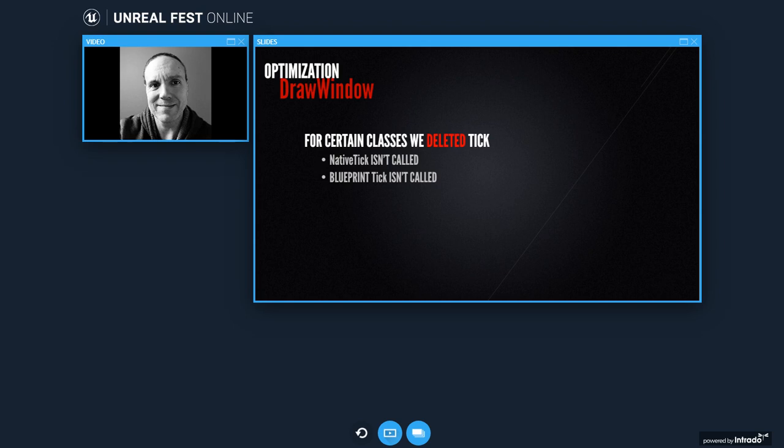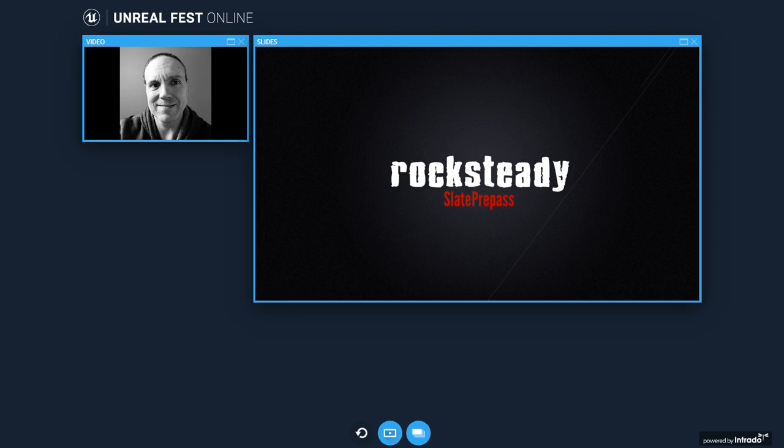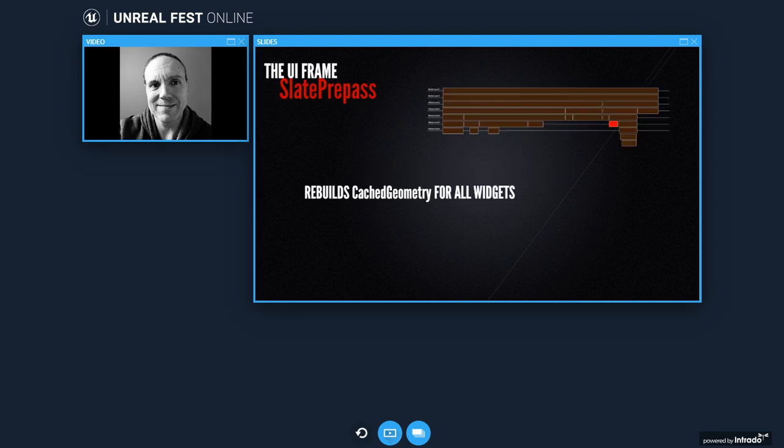Okay, let's move on to the biggest part to optimize. So let's have a look at Slate pre-pass. So this section is Slate pre-pass. And this is one function that your engine coder may ask you about. They'll ask you partly because it's not obvious what it does. And they will also ask you partly because typically it has very little profiler instrumentation, which means that your engine coder will have a profile that just has a great big block of work in it, simply titled Slate Prepass. So what does it do?